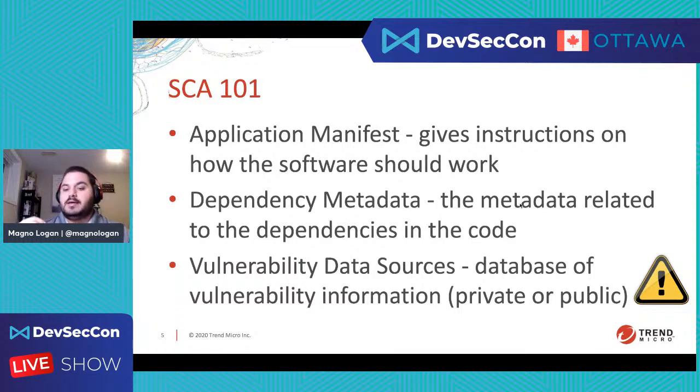And this data source can be a public data source, such as the National Vulnerability Database, or NVD, which is the most common one, which is public. And it can be a private one. Some organizations build their own data source because, besides the information in NVD, they're able to collect other information to enrich their data source, which makes it better and easier to detect with fewer false positives, and also detect vulnerabilities faster, right? So it depends. But most of the open source tools usually leverage the NVD, or a public data source